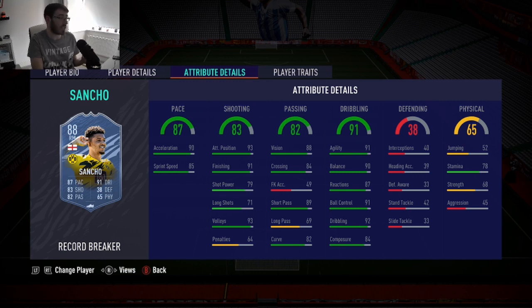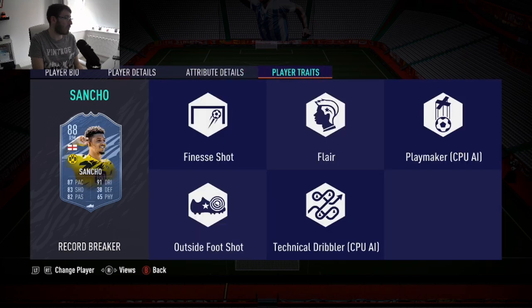His passing is really, really nice in short passing and vision. Again, it is slightly lower than this left-hand sided card. They both got the exact same acceleration and sprint speed. What does this one have for player traits? The exact same player traits. I would argue